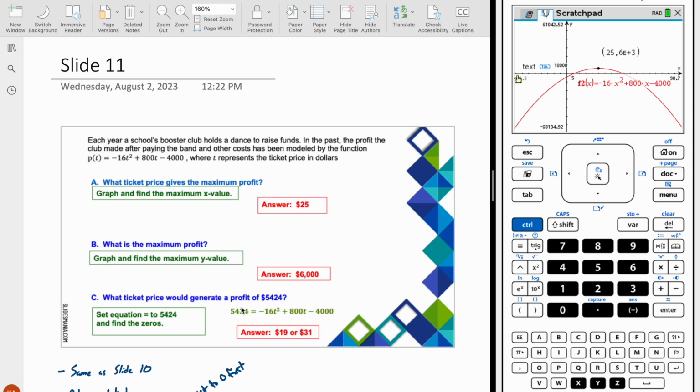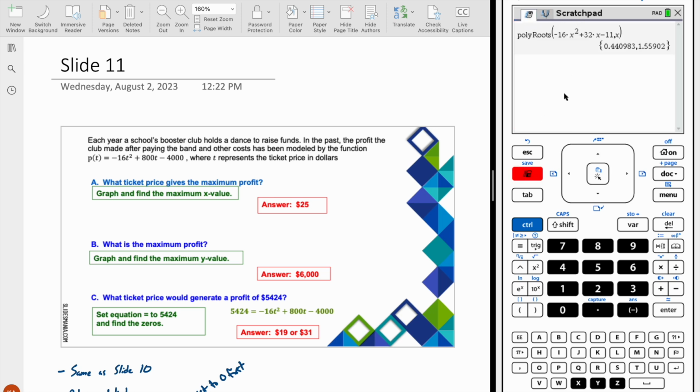So we're going to move that 5,424 over to the right-hand side. When we do, we end up with a negative 9,424. So we're going to insert this equation into